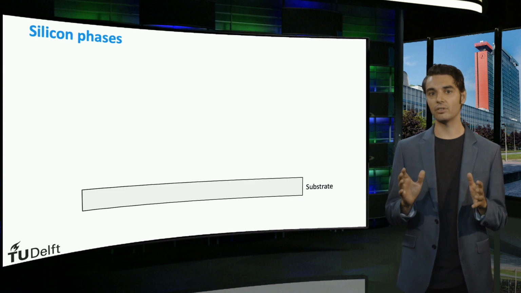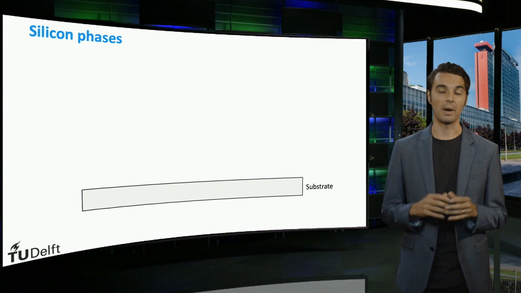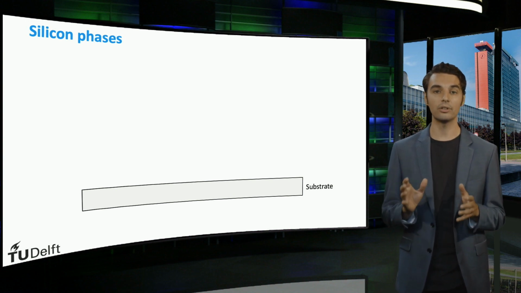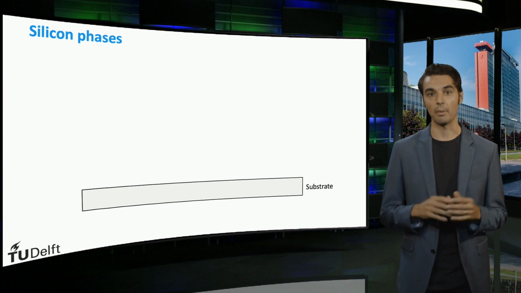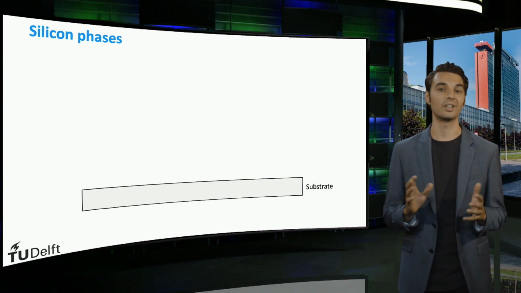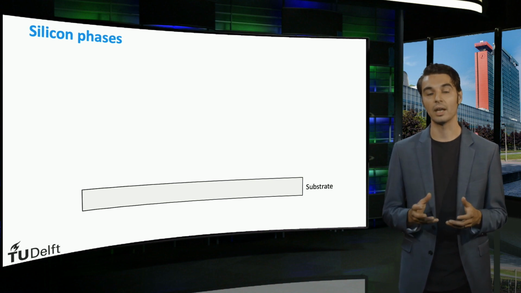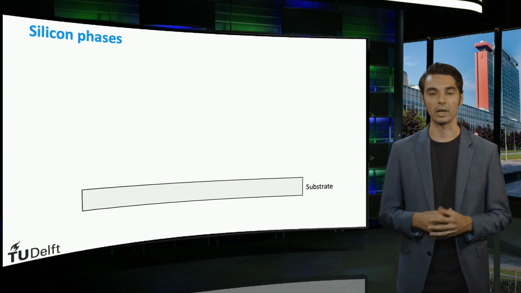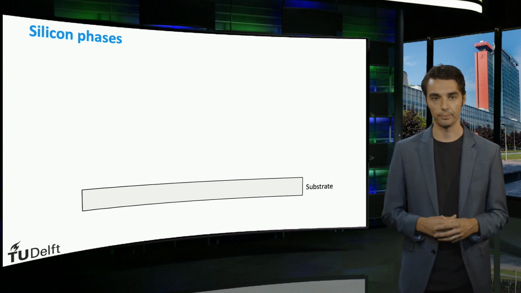The amorphous phase is not the only silicon phase used in thin-film solar cells. The microcrystalline silicon phase is a hydrogenated silicon alloy with a very complex structure. Microcrystalline silicon, which is also known as nanocrystalline silicon, consists of small grains that have a crystalline lattice and are a few tens of nanometers in size. The grains are embedded in hydrogenated amorphous silicon tissue.